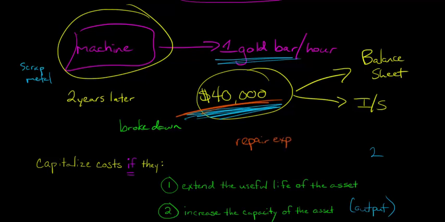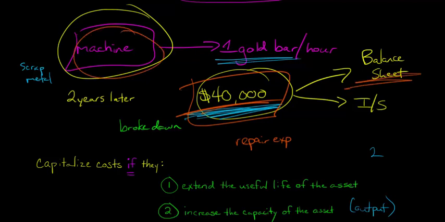And so in that case, you wouldn't be adding any of the costs of routine maintenance. They're not going to increase the value of this machine on the balance sheet. It's just going to be an expense that goes immediately to the income